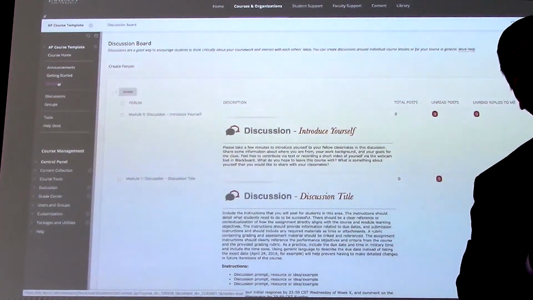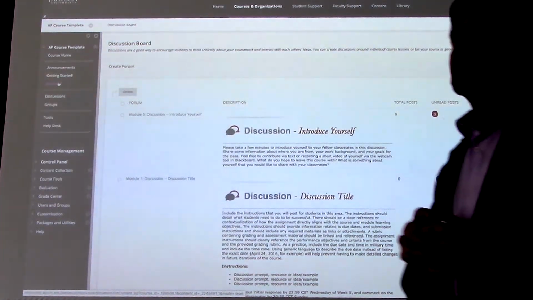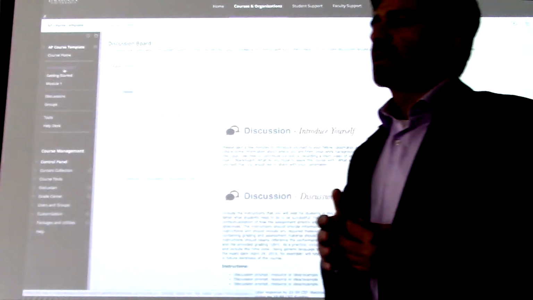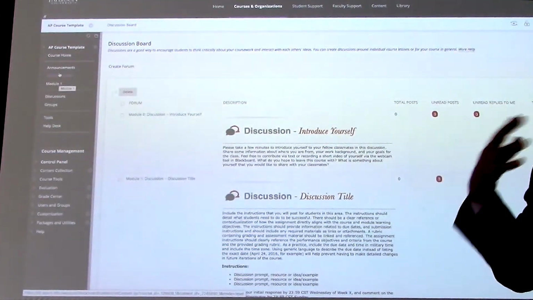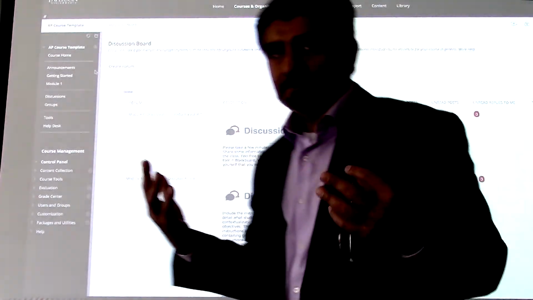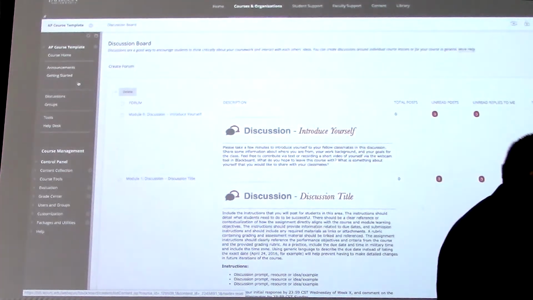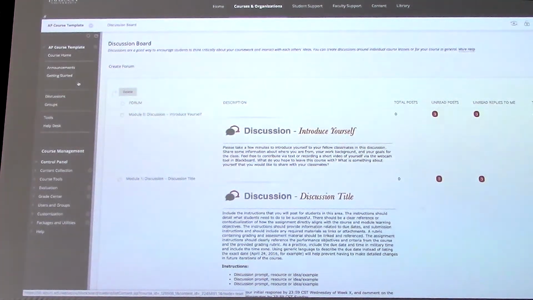Yeah, can you please restate it? Yeah. So the question is, if there is a third party, like publisher content, how does it interface with this template? Yeah, great question. So, depending on the publisher's access level with Blackboard, I mean, if there are certain publishing